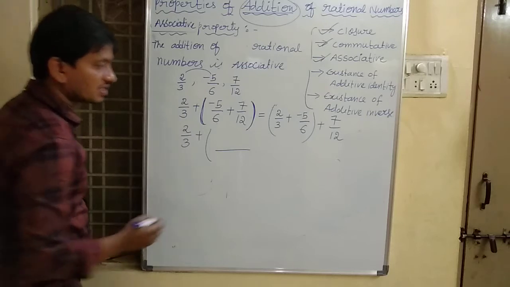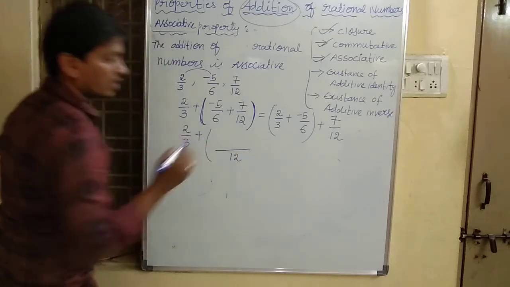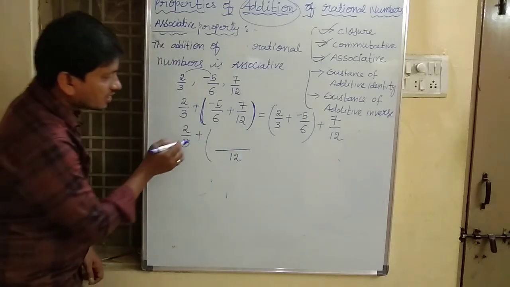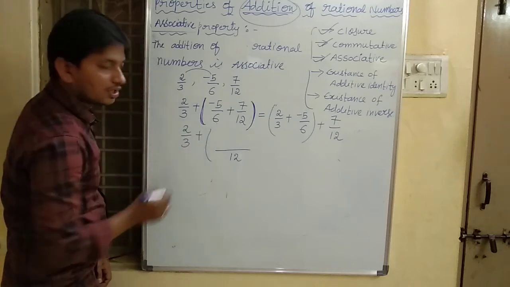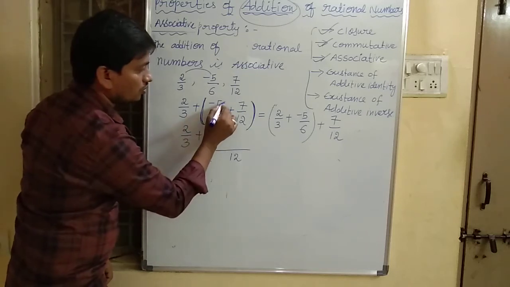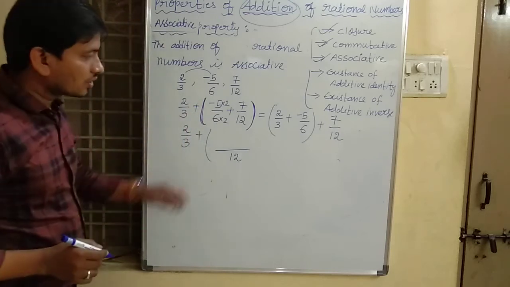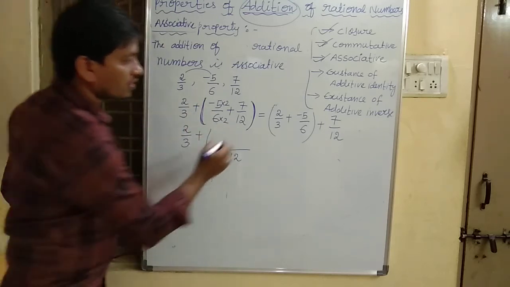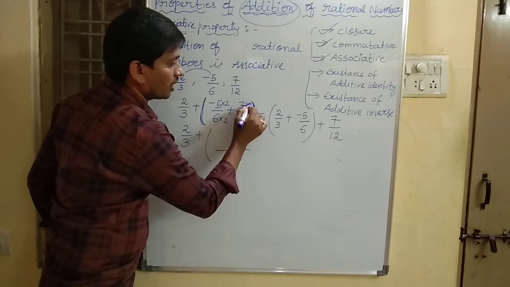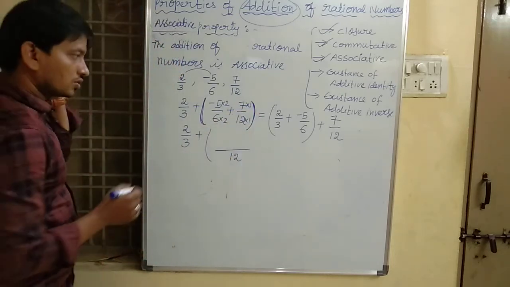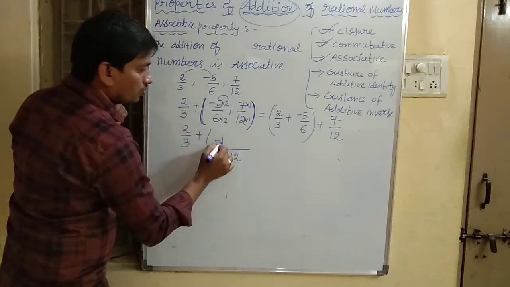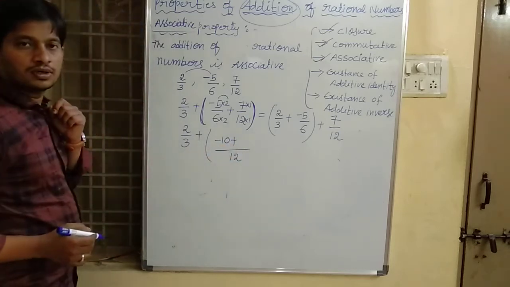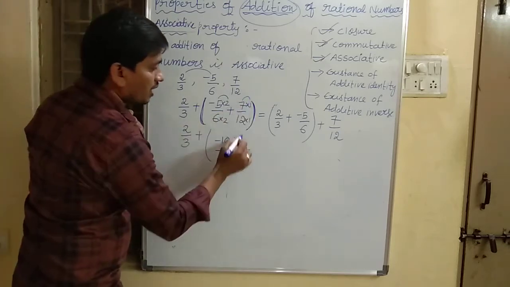What is the LCM of 6 and 12? That is 12. Now in the 6 table, 6 how much are 12? 6 2s are 12, so into 2 and 2. 12 how much are 12? 12 1s are 12, so into 1 and 1. So minus 5 into 2, minus 10, plus 7 1s are 7